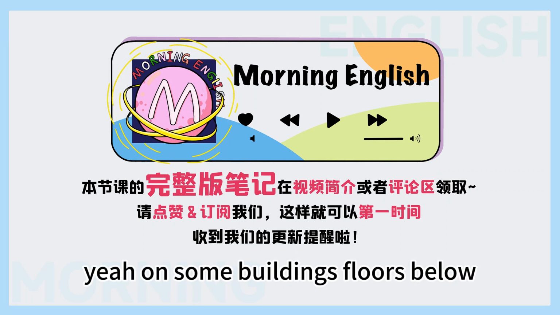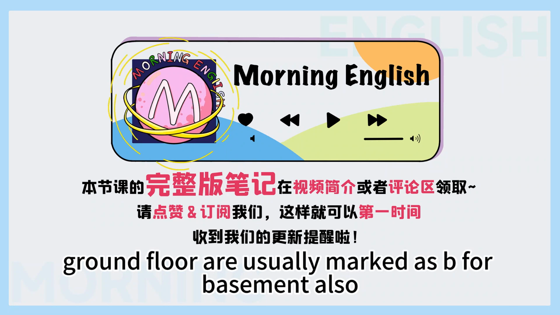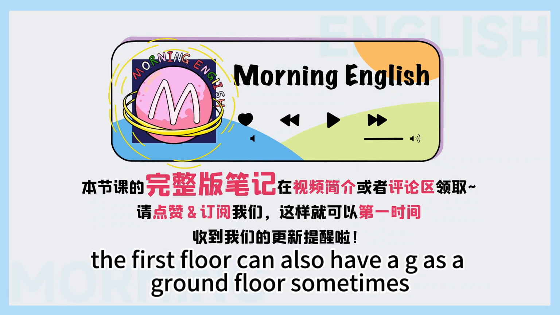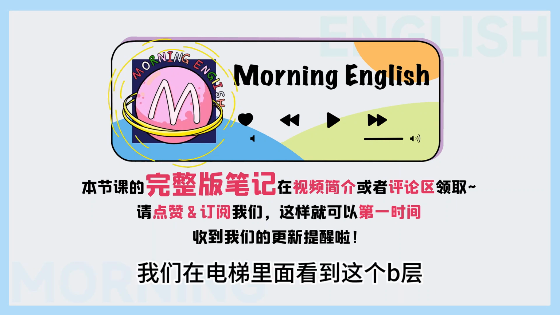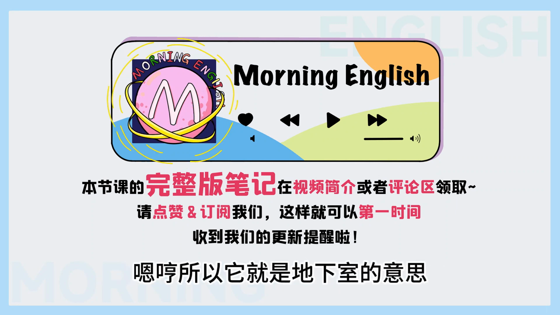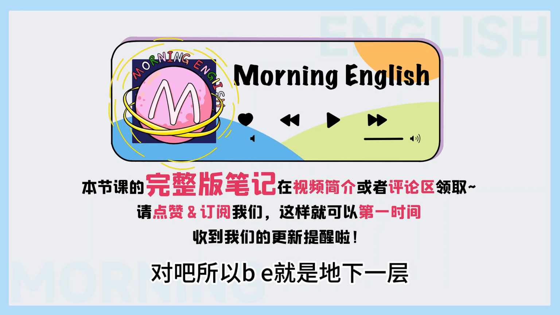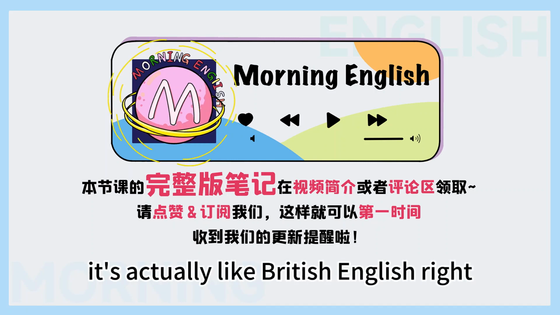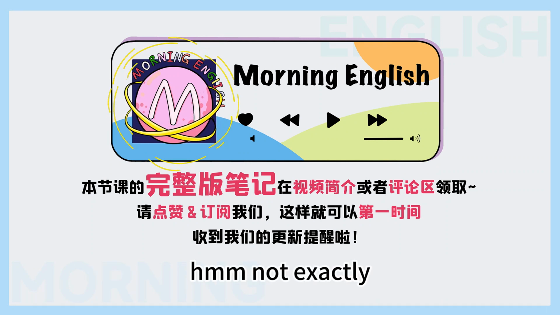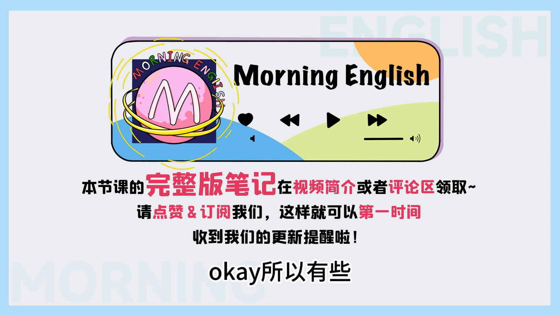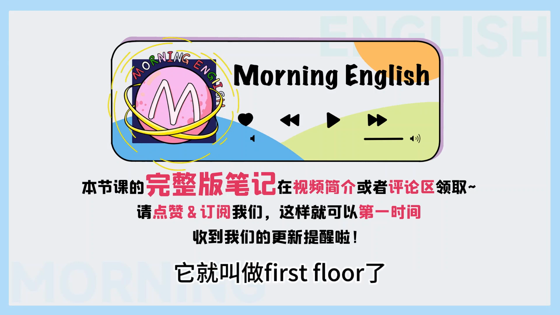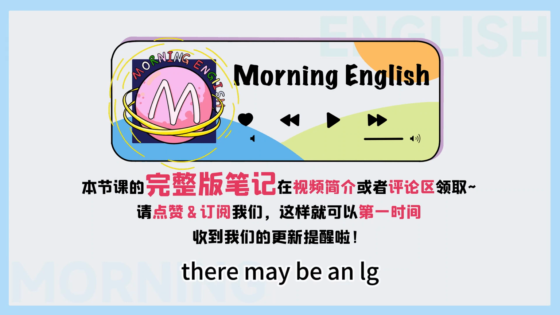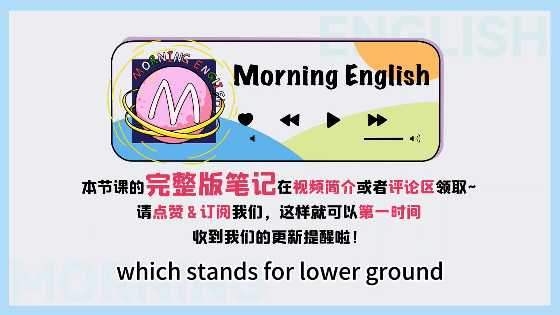On some buildings, floors below ground floor are usually marked as B for basement. Also, the first floor can have a G, as in ground floor. Sometimes G can even be GF for ground floor. Yeah. 所以有的时候我们在电梯里面看到这个 B 层，实际上这个 B 是 short for basement，所以它就是地下室的意思，对吧？所以 B1 就是地下一层，B2 就是地下二层这样子。然后呢，ground floor it's actually like British English, right? Not exactly. 不是的，是吗？Could be both. OK，所以可能有些美国人也会这么说啊。